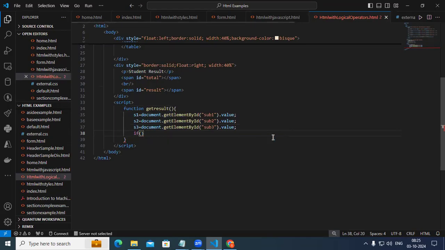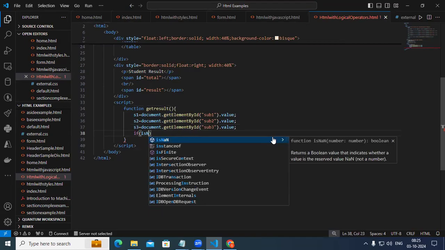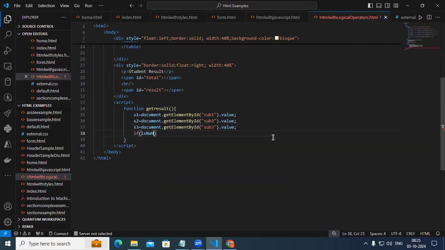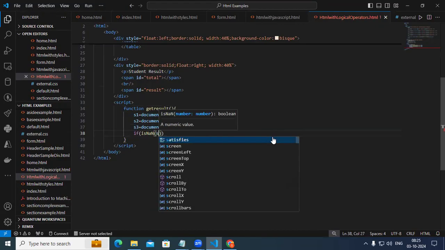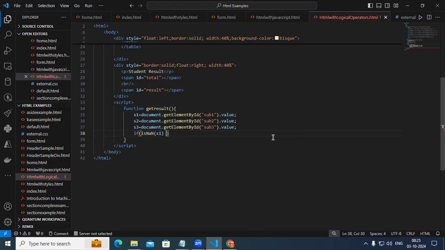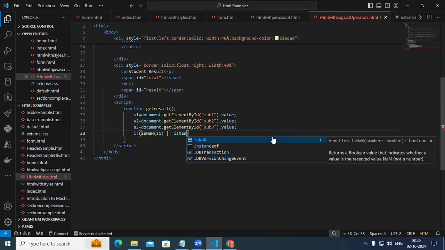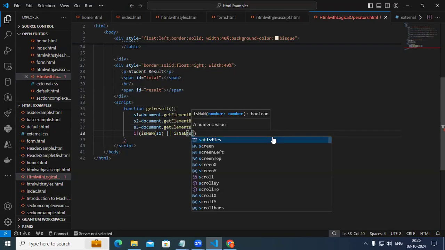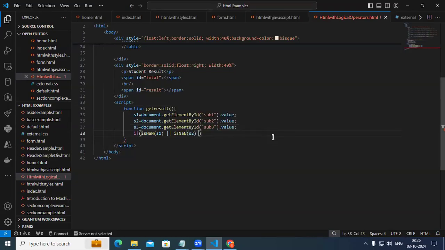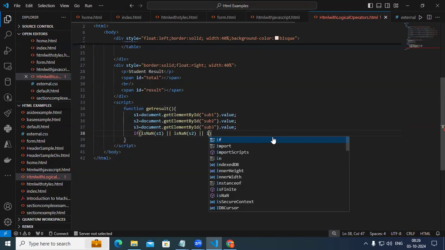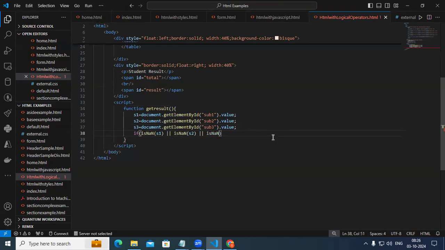Here, not isNaN, this time I use isNaN, followed by S1, then the OR logical operator, isNaN, then this is S2, OR. Similarly, I write isNaN, here it is S3. If any one of them is not a number,